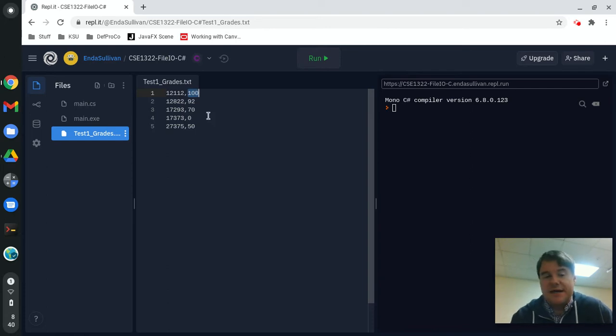That's how you calculate an average. It will take the 100 out of here, add it to my running total, and increment my count so that I know there's 1. Then it's going to add 92 to the running total. Then it's going to add 70. This poor person got a 0, so it's going to add a 0, and a 50